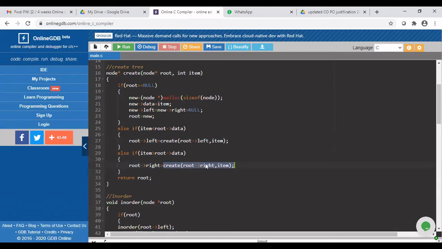So in that case, the call will be terminated. In that particular time, you are going to allocate the memory. Then you are going to insert that particular address as a right subtree of this particular root. So I am writing root arrow right is equal to the address returned by the create function.